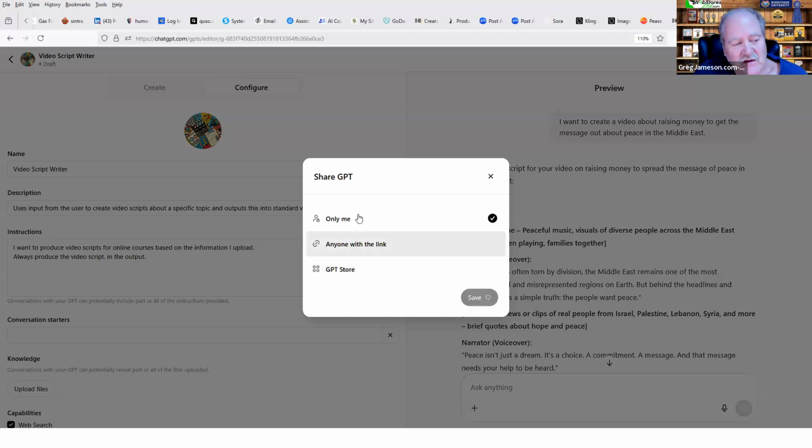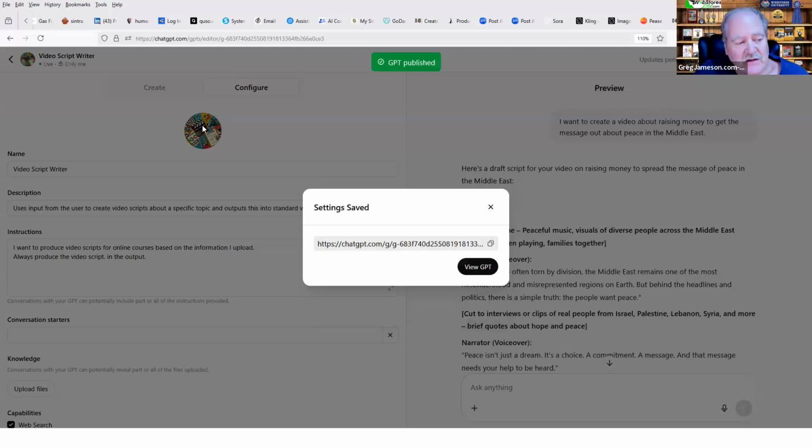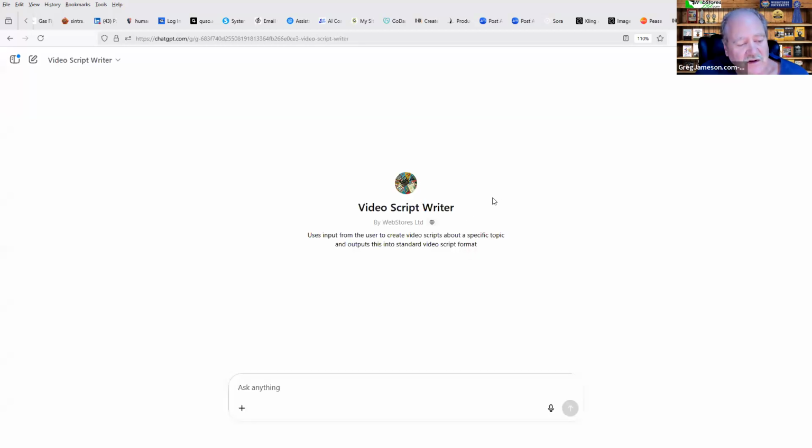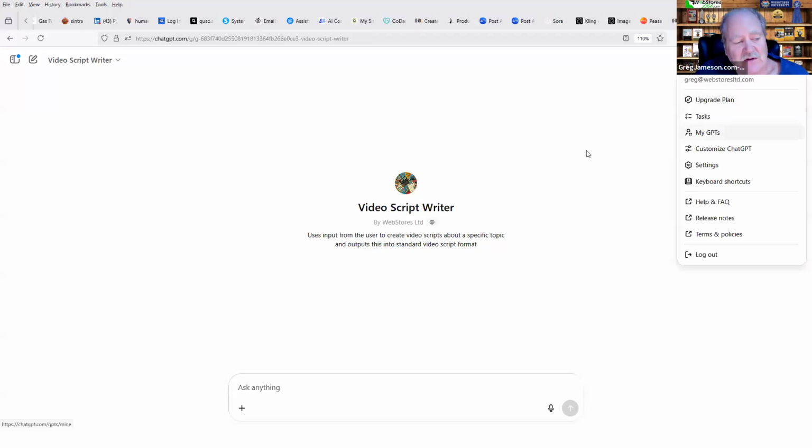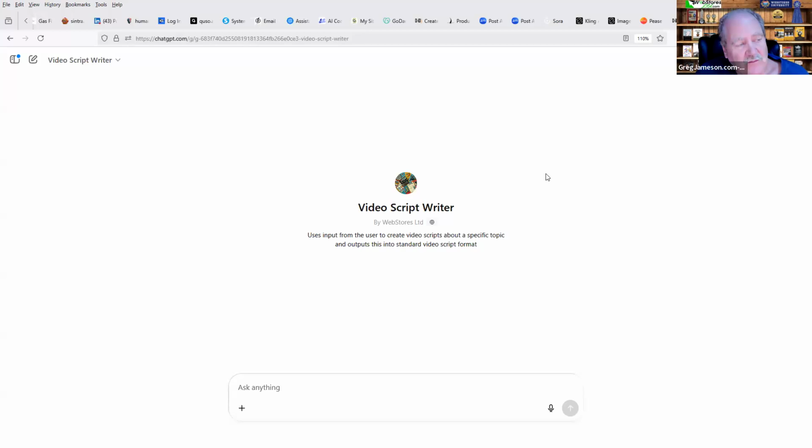And then you just hit save. And that's now one of the GPTs that I have in my list. Here is the link to it. If I hit view GPT, this is what it looks like to somebody. And you can then, like I said, access it through my GPTs or provide the link to somebody.